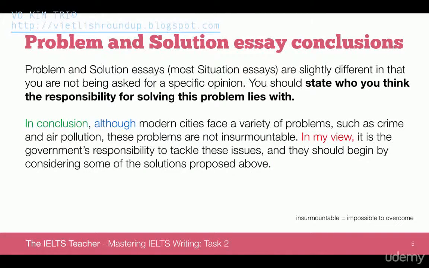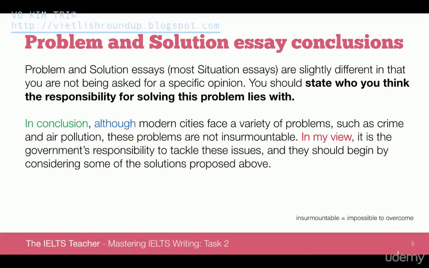In conclusion, although modern cities face a variety of problems, such as crime and air pollution, these problems are not insurmountable. As you can see in the bottom corner there, insurmountable just means impossible to overcome, impossible to tackle. In my view, it is the government's responsibility to tackle these issues, and they should begin by considering some of the solutions proposed above. Again, it's a nice rhythm to the conclusion here, nice and fluent and coherent, and we